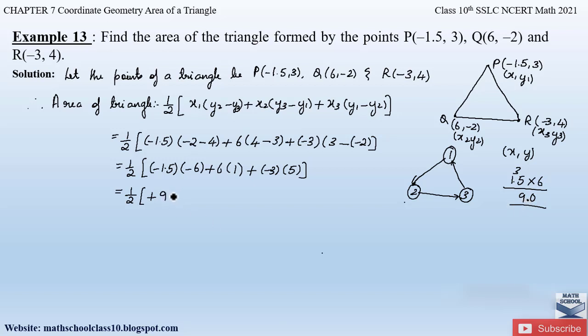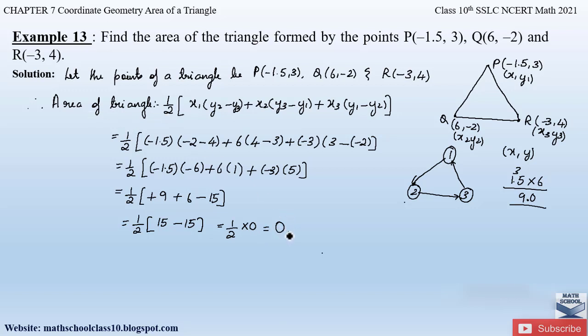This is plus 9, plus 6 into 1 is 6. Here we have a minus sign, so plus into minus will become minus. 5 into 3 is 15. So this will be half into 9 plus 6, which is 15. Then again we have minus 15. So plus 15 and minus 15 will become 0. So we get half into 0, and anything into 0 is obviously 0. So here we got the area of the triangle to be